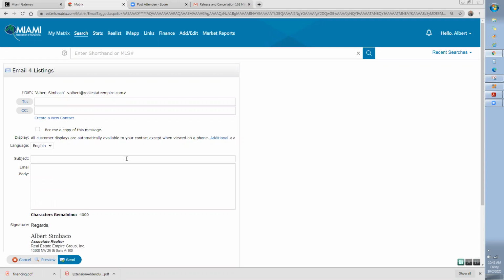What most clients like to see is that you have interest in whatever it is that they expressed. So if they're looking for a 2 bedroom or something like that,